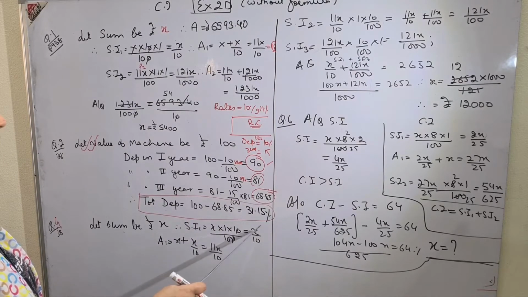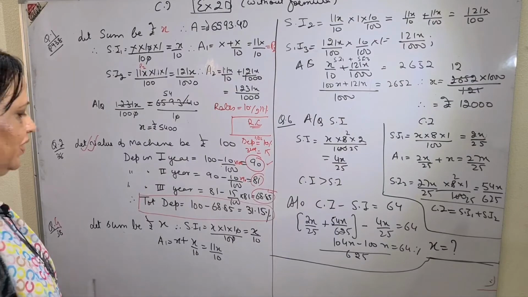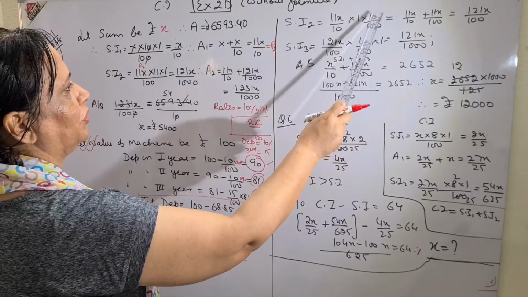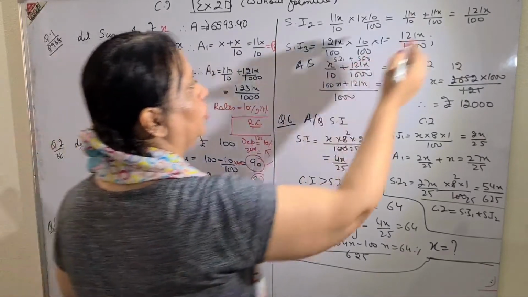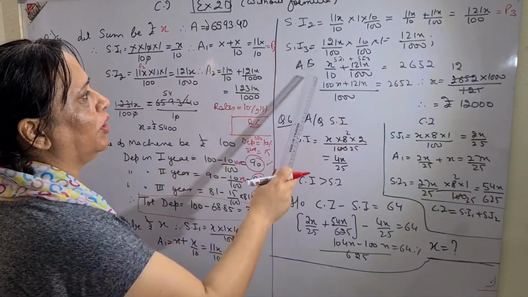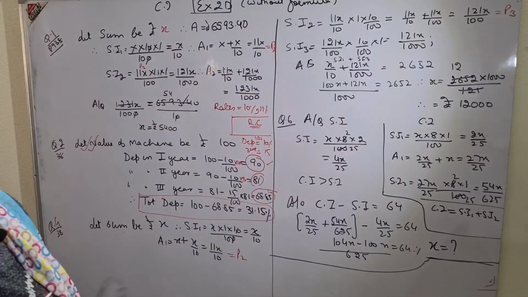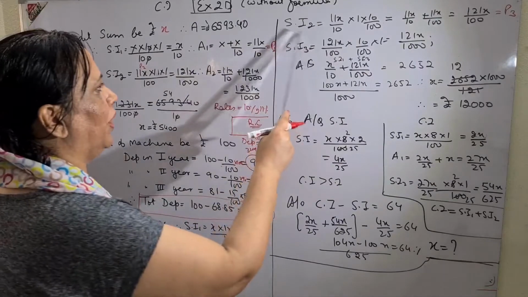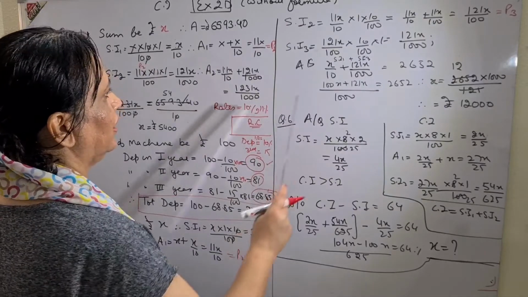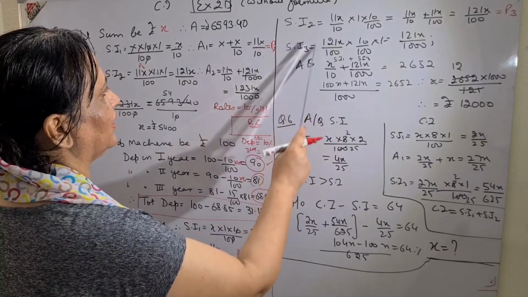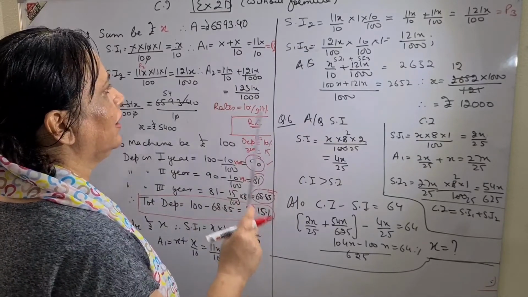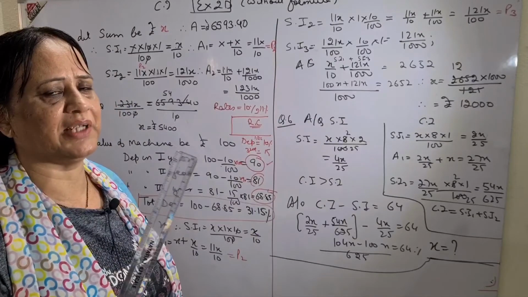that is compound interest for the first year, X by 10. The amount for the first year will become the principal for the second year. So P2 into 1 into 10 upon 100, again amount 2, which will become the principal for the third year. I went till 3 because in the question they have said the interest of the third year plus the interest of the first year, not minus, it is addition. I am reading because the formula of simple interest has been taken.